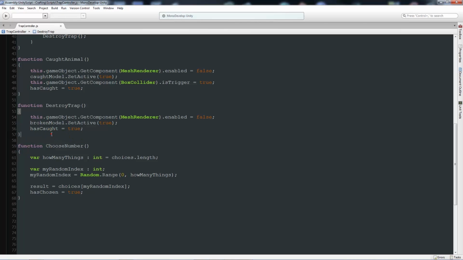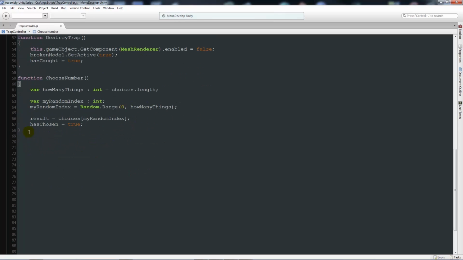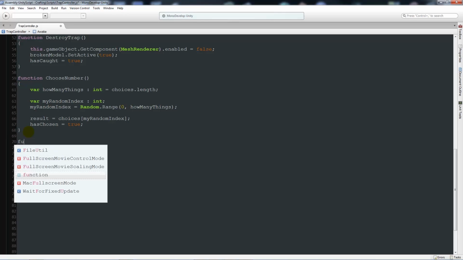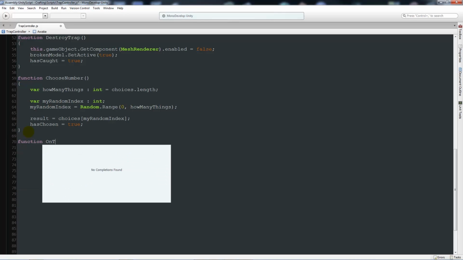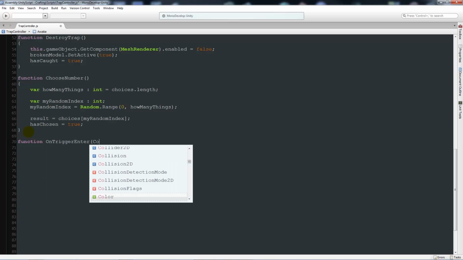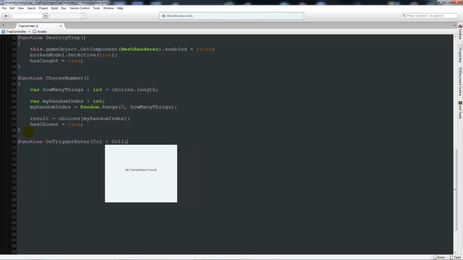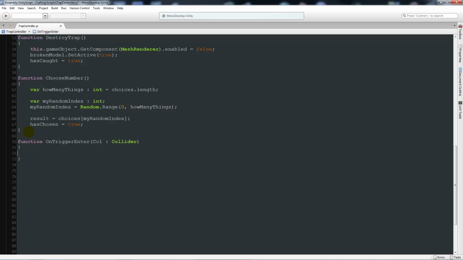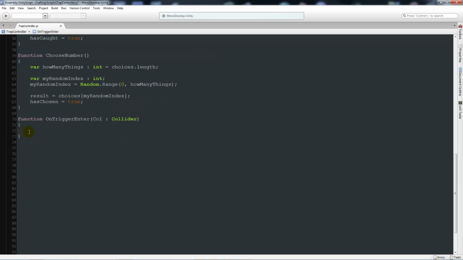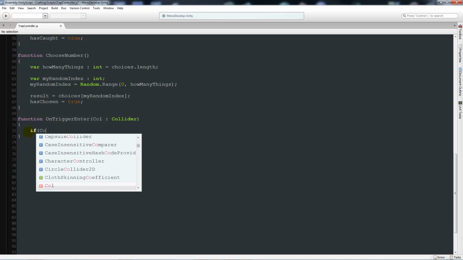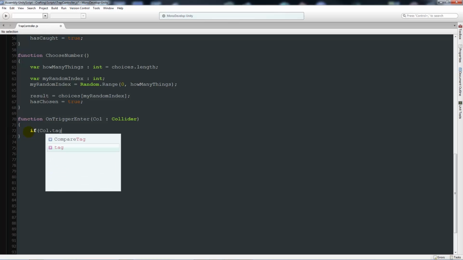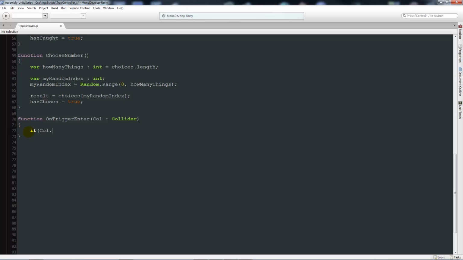Now there's one last function that we're going to create, and that is the on trigger enter. So we're going to write a function on trigger enter, open brackets call colon collider, close that up, add 2 curly brackets below, and we'll say that if call dot compare tag actually, in brackets and in quotes player, close those 2 up at the end, then add 2 curly brackets below there,